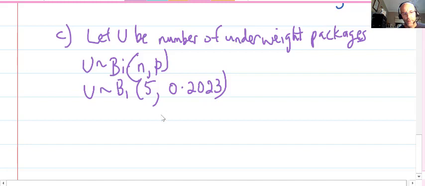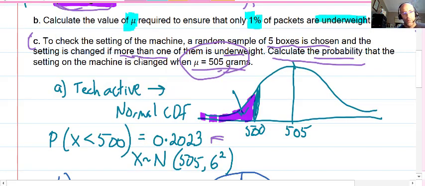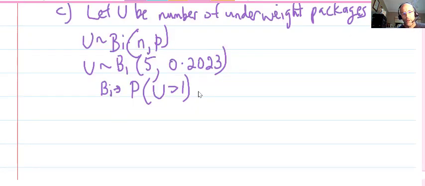All of that I've done so far in part C. Okay, so that means basically we have the probability for a binomial situation. We have a probability that u, remember it said more than one underweight, more than one underweight, like so,